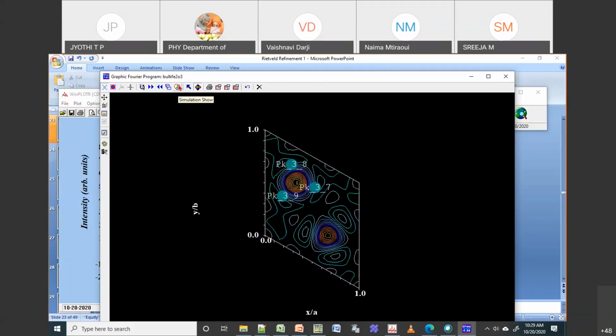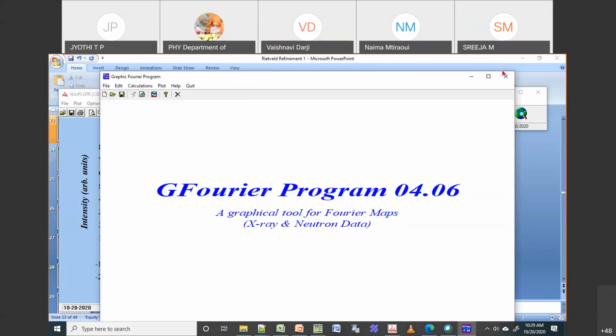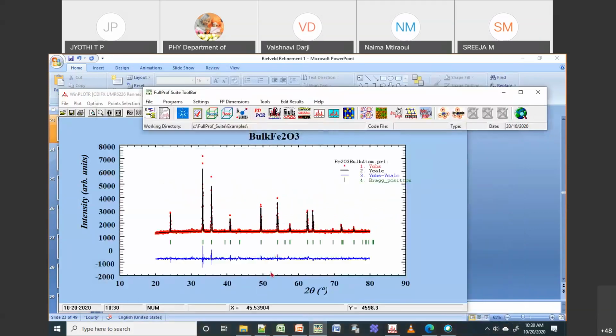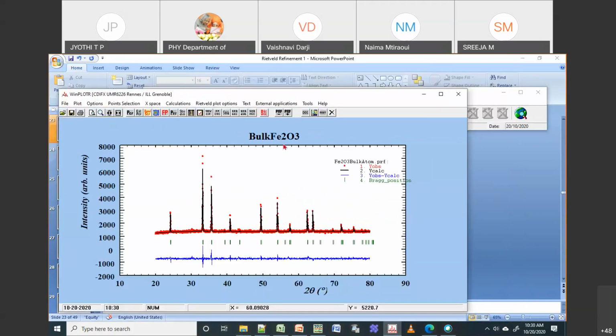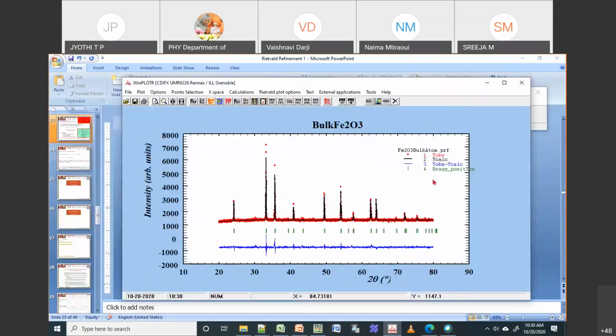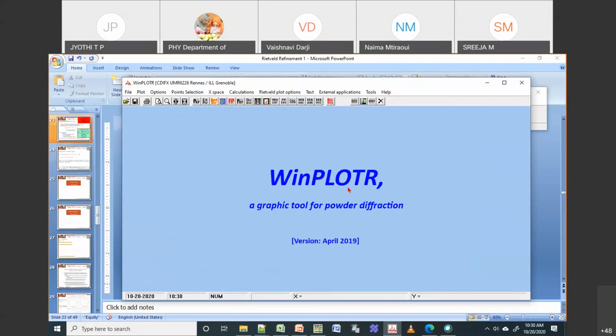Okay, so these are the things that you can do from your Rietveld refinement. Okay, you can further do a lot of things, but I'm not showing right now because we have some constraint. So now what I will do is I will just take one example for multi-phase. Then I will show profile fit and also your Rietveld refinement for multi-phase. So if you have any doubt, let me first answer those things.